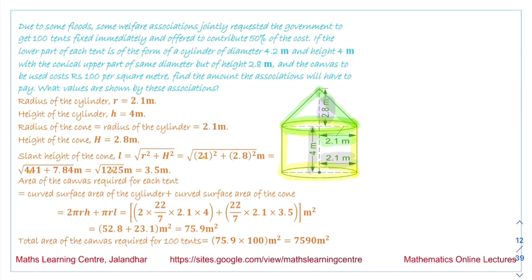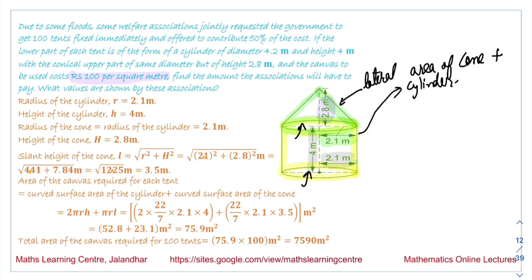The cost of the canvas used for the tent is rupees 100 per square meter. So when we are talking about the cost of canvas, the canvas will be used to make this cone, the lateral area of this cone, or we are saying sides of this cone, because it will be hollow from this side. Similarly, this tent will be hollow from this side. So what we require is the lateral area of cone plus cylinder,